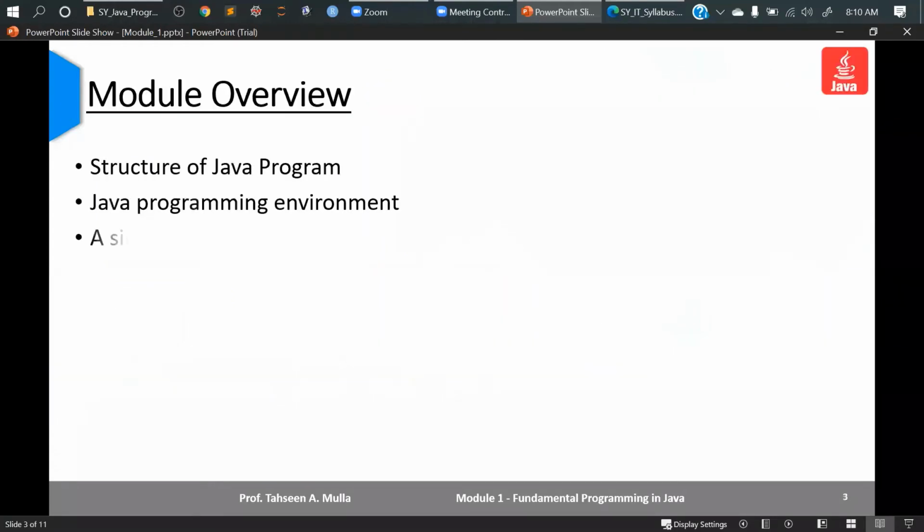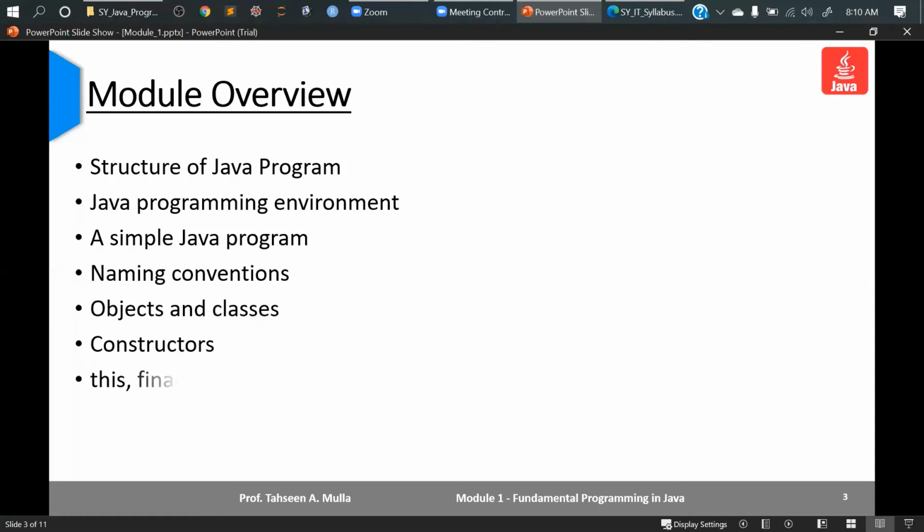Let's see the module overview, what we are going to study through this entire module. We'll be seeing the structure of a Java program, how we can write a Java program, and the different environments. There are different aspects where we rely on the Java runtime environment, so we'll be seeing that entire runtime environment.